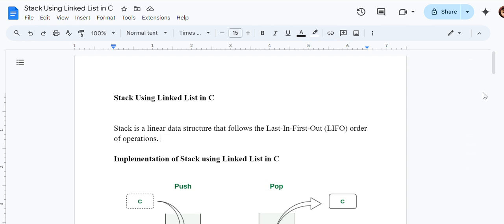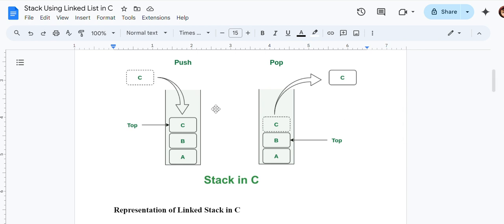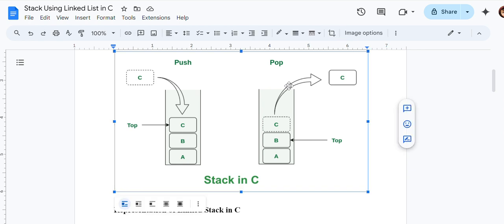Here you can see the pictorial representation of a stack. This is how the stack representation will be. We have a push and a pop. The push operation is to insert an element and pop is to delete an element. We have only one end to perform the operations, only the top, so we always have to be cautious with the variable top.